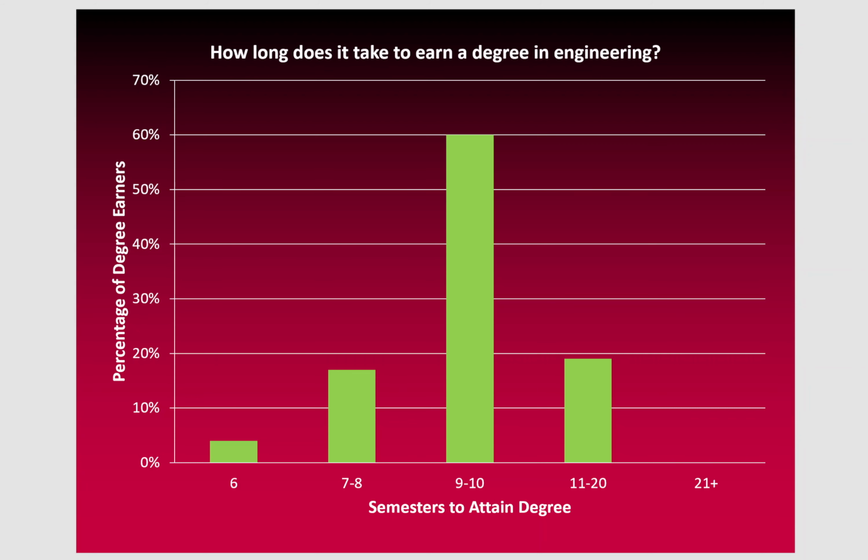This is UW-Madison students and how long it takes them to earn a degree. For their students, you can see that only less than 20% finish in 4 years or less. Okay, the overwhelming majority of people take 9 or 10 semesters to finish their degree. So there is a huge program, huge in the amount of curriculum that you have to take. So it is not a bad thing, and it's very normal, to take more than 4 years to complete